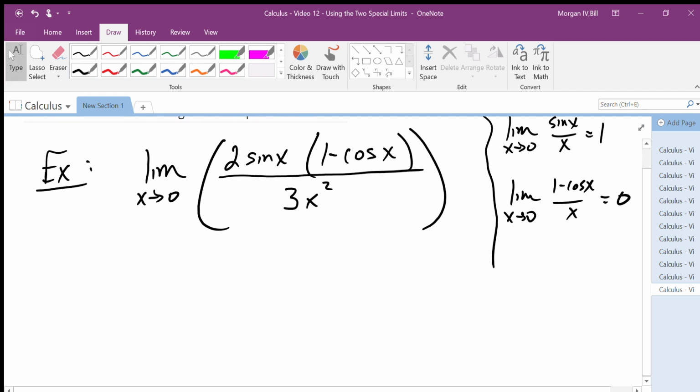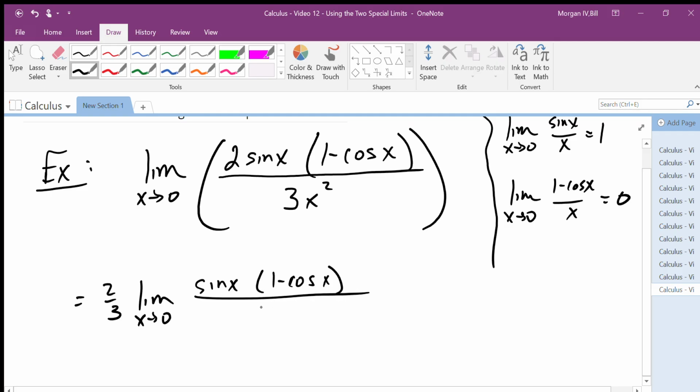First thing I see is I have a 2 in the numerator and a 3 in the denominator, both of those constants. I can go ahead and just pull that out front. And then I have the limit as x goes to 0 of sine of x times 1 minus the cosine of x over x squared. But instead of writing it as the sine of x times 1 minus the cosine of x over x squared,